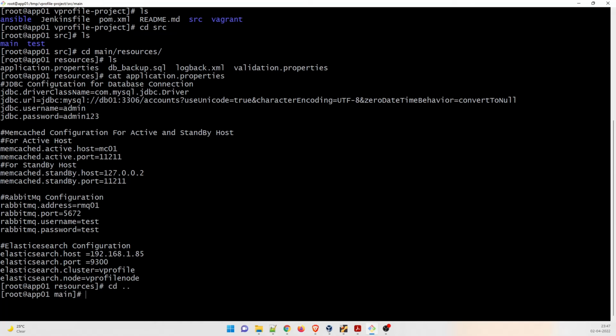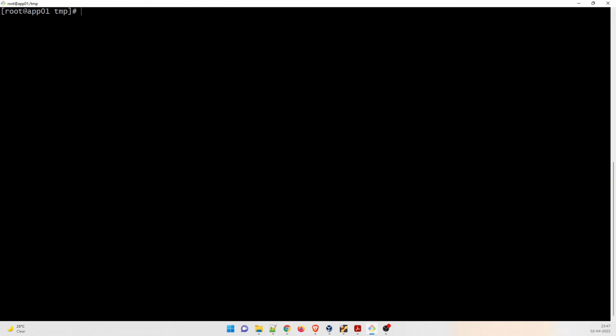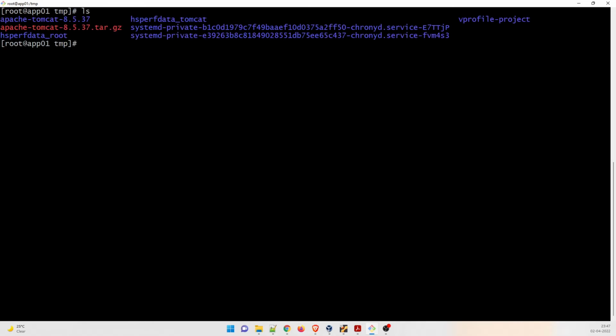Let's go back to our directory. Okay, let me just clear this first. Now it's a clean slate. Now what we'll do, okay, first of all let me check whether there is a file or not. ls, cd vprofile project, do an ls. Where is the source? Now what we have to do, we have already installed Maven over here, so the command